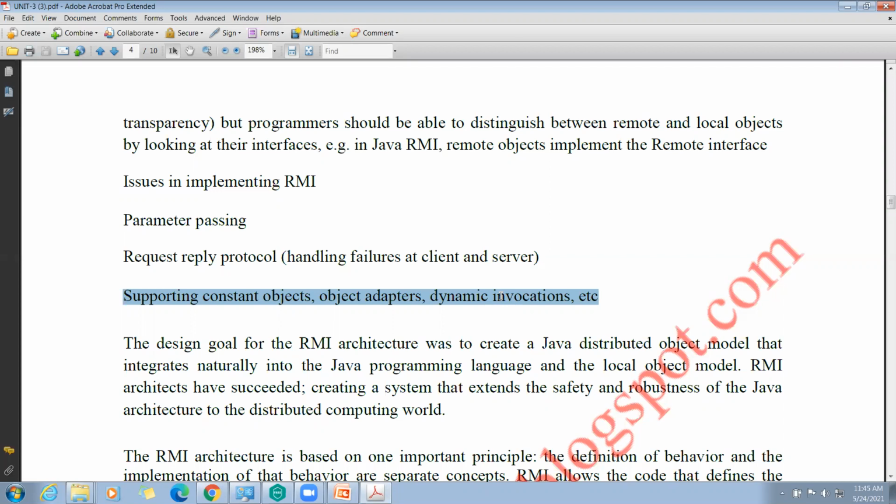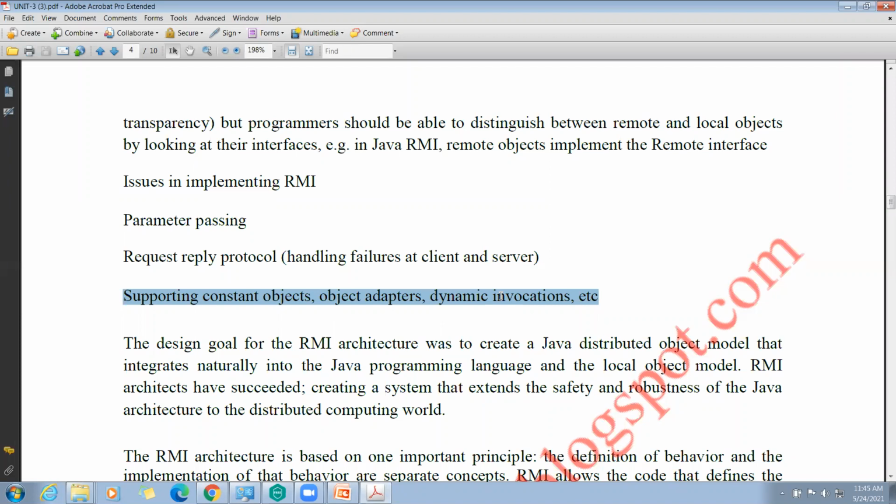It is an application interface used at compile time, in the case where the client has no idea which object it wants to invoke. In that case, this dynamic invocation method will be used.